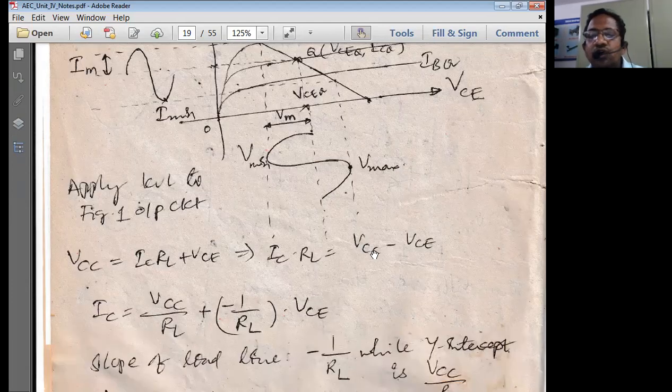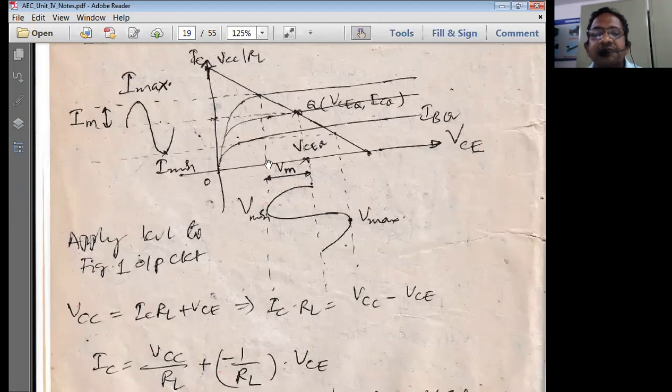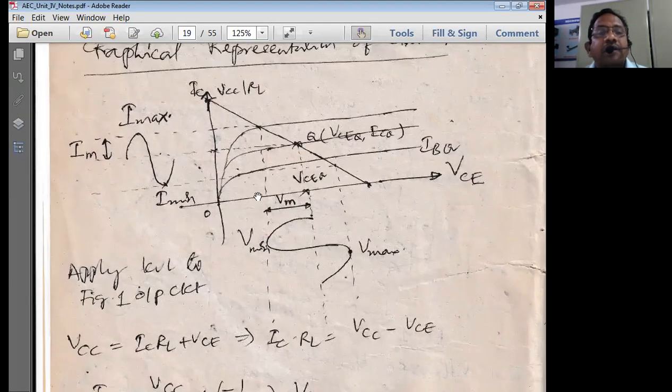Now, as it is a simple CE amplifier, we explain the operation with respect to the same characteristic graph, the output characteristic graph, using the load line, using the DC load line curve. Right. Now in this load line, if you observe carefully, what is most important is that the single peak is VM. For doing problems, we should know what VM is. We should know what V peak to peak is. We should know what Vmin is. We should know what Vmax is.